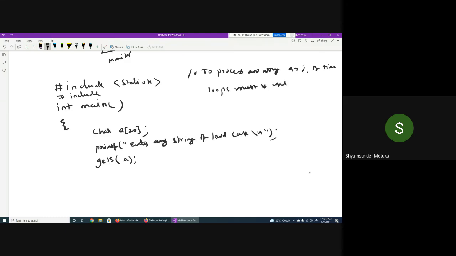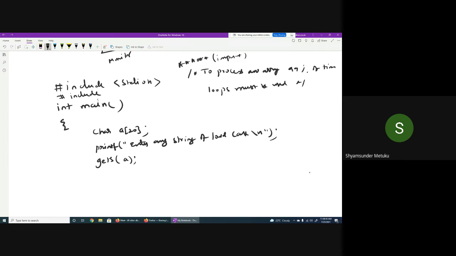You understood? Only 1% there is a possibility of without loops, but 99% you are supposed to use loops to process the array. Yes or no? Try to remember this. I'm giving triple or 4 stars. Stars are important for this statement you remember: to process an array, always loops must be used.